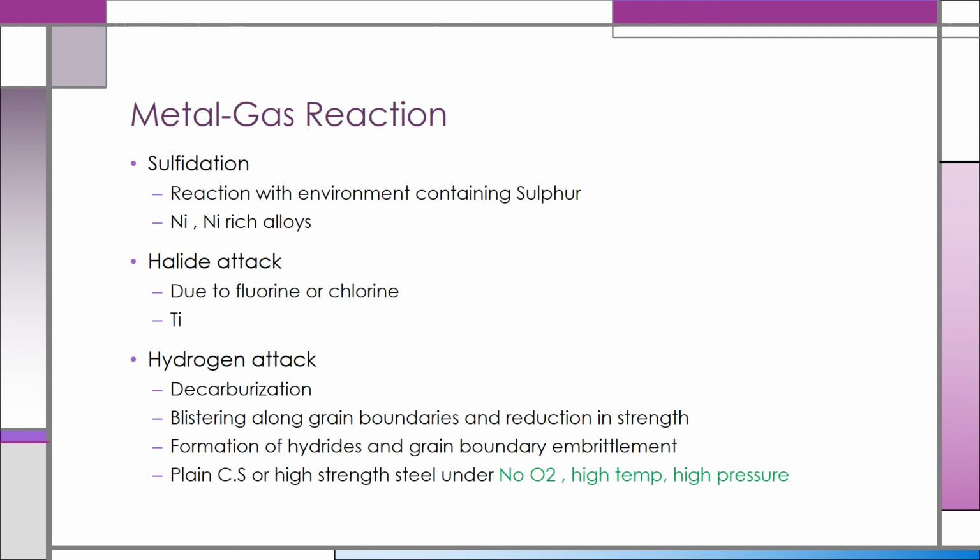So, the metal gas reaction. When metal reacts with oxygen, you will form oxide. But when it reacts with sulfur, you will actually form sulfide scale that is not good. Sulfidation is when the metal reacts with an environment that contains sulfur, such as a coal power plant. Nickel and nickel-rich alloys are very susceptible to this kind of attack. The second attack, halide attack, is due to the presence of fluorine or chlorine. The third attack is hydrogen attack, whereby